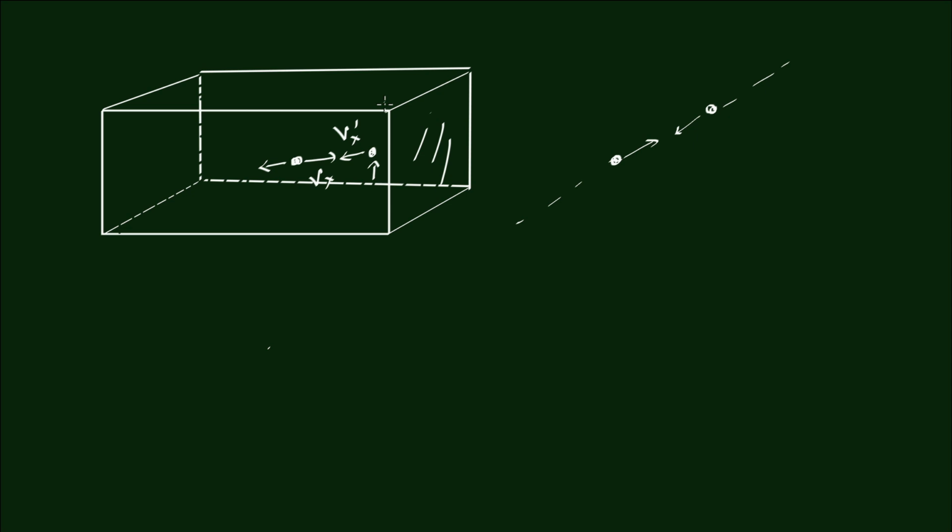What happens if the collisions are not head-on? Well, that's a more complicated situation which is outside our portions, but I assure you the results are going to be the same. So ultimately, we have derived that the average kinetic energy per atom is going to be 3 by 2 kT. This is the result of this simple exercise. What happens if it's a diatomic gas, if it's a polyatomic gas? We will talk about that